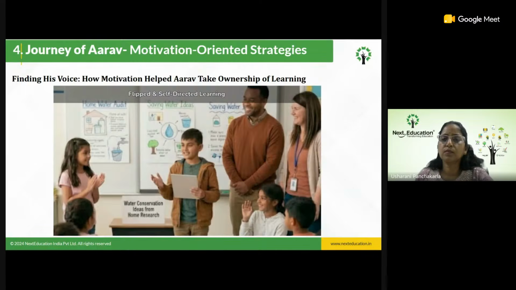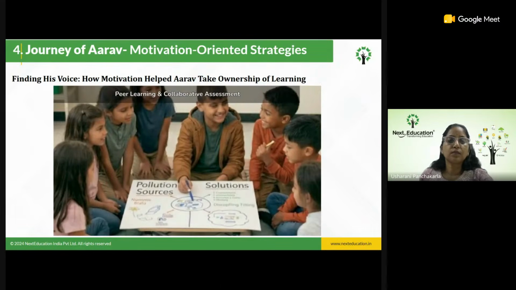He confidently shared simple practices like reusing water for plants and closing taps properly. This encouraged independent thinking through flipped and self-directed learning. During group projects, students worked together to discuss solutions for reducing pollution. Arav suggested placing separate dustbins near parks and lakes to reduce waste.